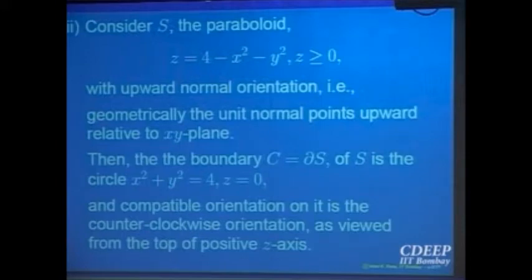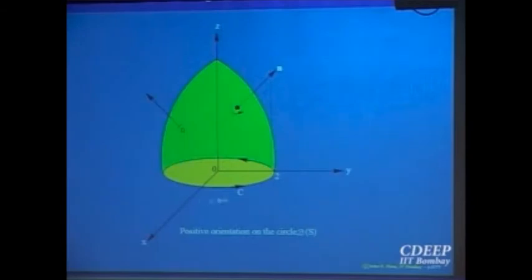Is it clear to everybody? For this paraboloid, an inverted cup resting on the xy plane, what is the boundary? If I want to write a parameterization, what is the projection of that surface on the xy plane? That is the disc. So what is the boundary of the disc? That is a circle, right? Lifted up, but the surface is touching at that point. So the planar surface, the disc, as well as this paraboloid, both have the common boundary, namely the circle in the xy plane of radius 4. So this will be the boundary.